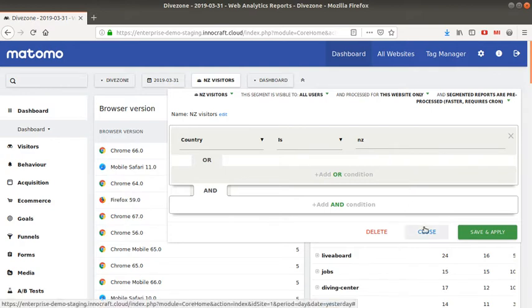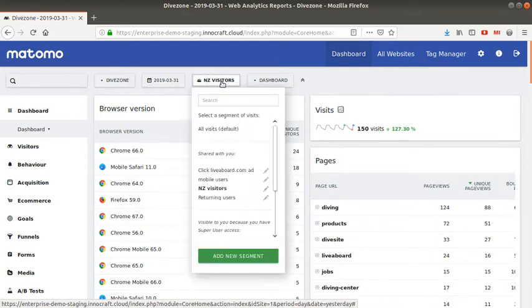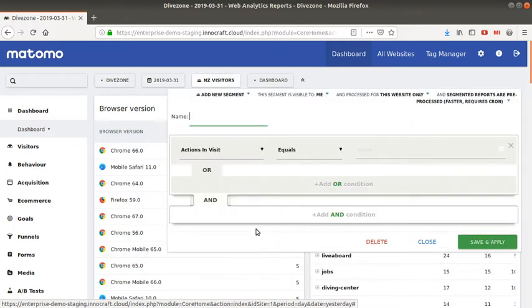You can create as many segments as you want, and all you need to do in order to create a segment is to click back on this button, go down and click on this green button named Add New Segment. Then you need to define the name that you're going to give to your segment. So let's say that you want to create one segment for Switzerland, for example. So you're going to name it